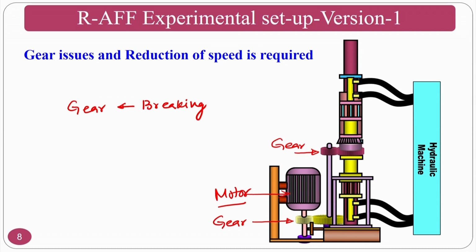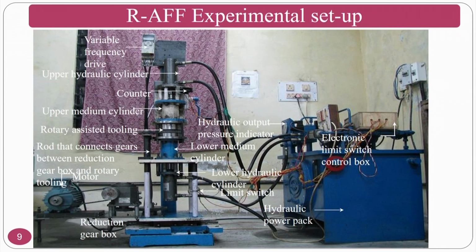Okay. So we do not have anything with the medium and medium reciprocation and other things, but the rotational speed is given because of the gears. Because of these gears breaking, we cannot proceed further. For that purpose, we went on to a new abrasive flow finishing setup where we have given rotational motion.